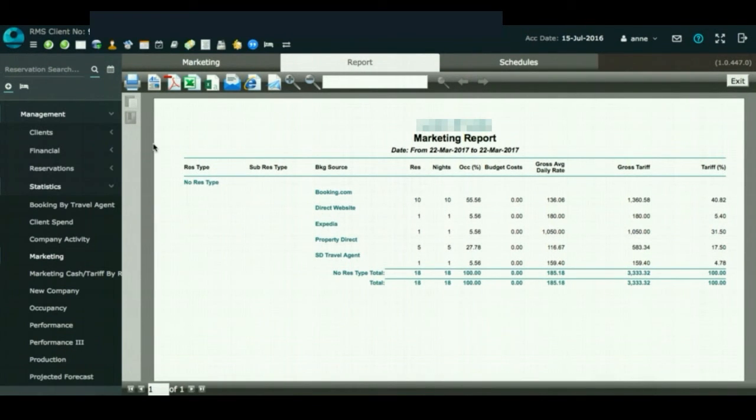Well, that's all you need to know about RMS Cloud 9 Plus. All the features are given to you, and there are features also that you could avail for an extra fee, as mentioned earlier. This will be provided to simplify and provide you with an efficient and more productive